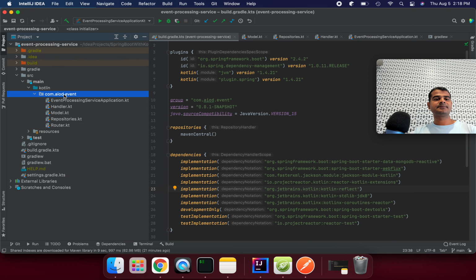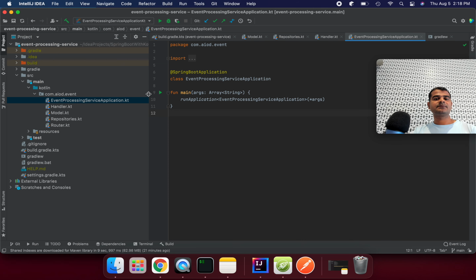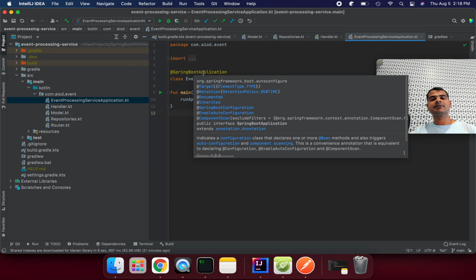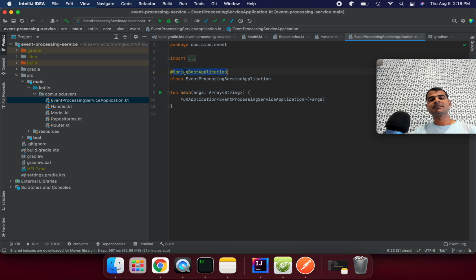Now what we need to do, right? Let's start with this one. Here, like a Spring Boot application, right? If you put this annotation, by default we are using the Spring Boot framework. If we are using this annotation with my main method, the main class, whatever main method is going to support, this is my entry point, right? If we run this application, it's going to start on the default 8080 port number.